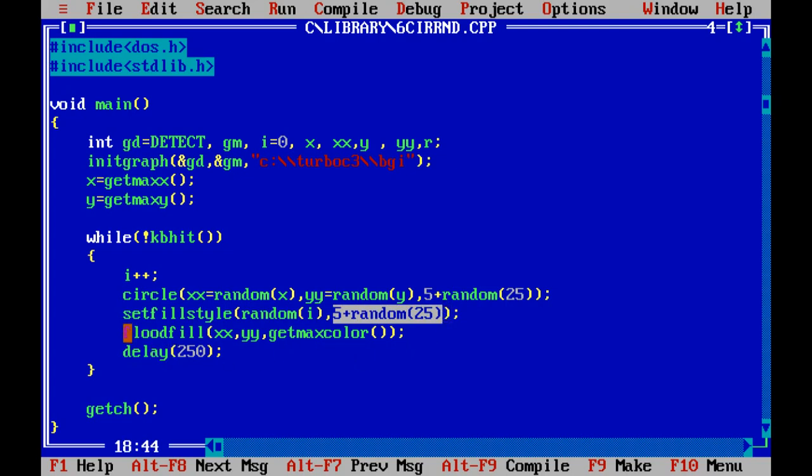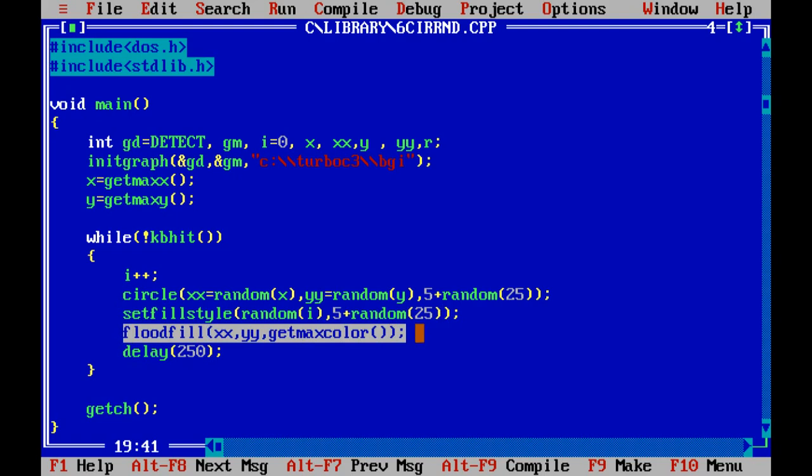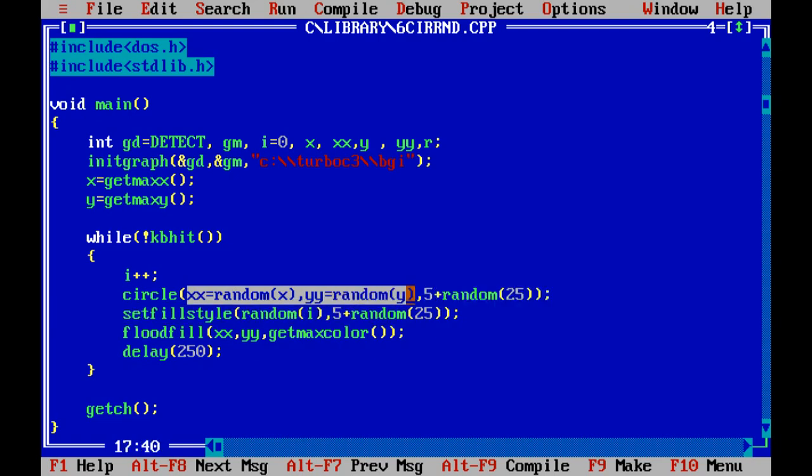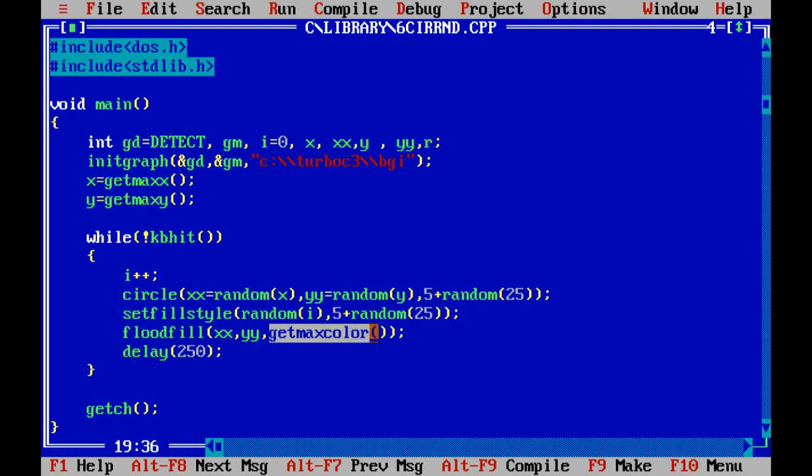Floodfill. Its floodfill coordinate will be the circle's center as determined by the circle, and the border color will be getmaxcolor, that means white.